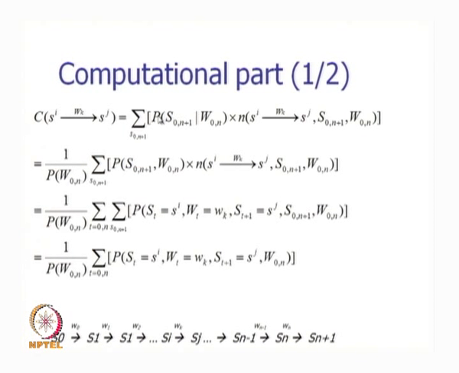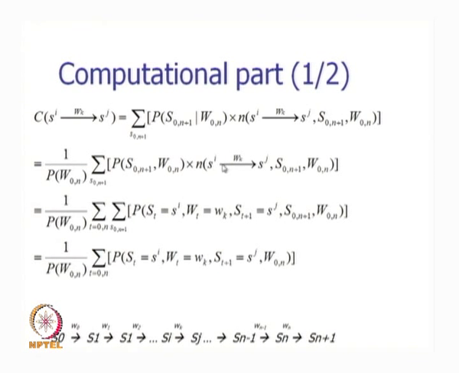Now, this part P(S|O) can be converted into P(S|W), which can be converted into P(S,W), a joint probability, and we have to divide it by the probability of W, the observation sequence. This W does not depend on S, and therefore this is taken out of the summation symbol. Now, we have the expression where we have the state sequence, observation sequence, state sequence, observation sequence here, and the